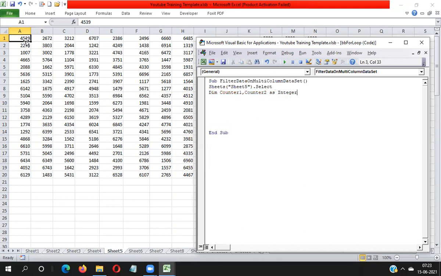As integer. Now here I'm declaring Dim my val1, my val2 as integer.